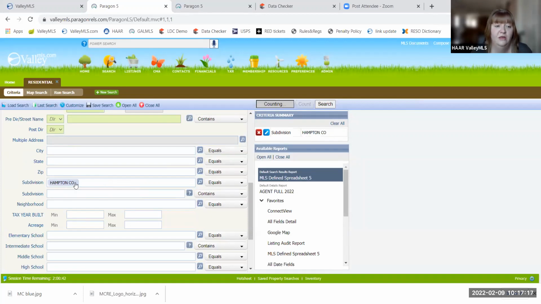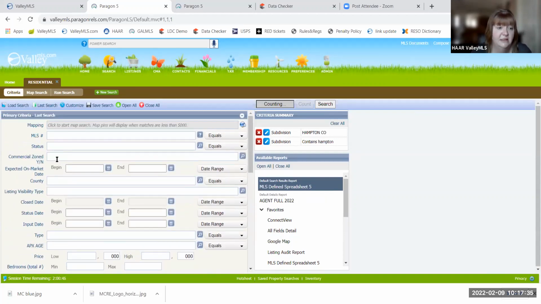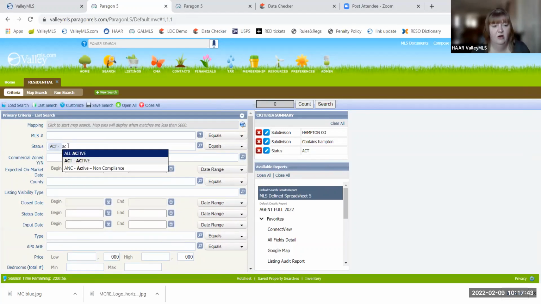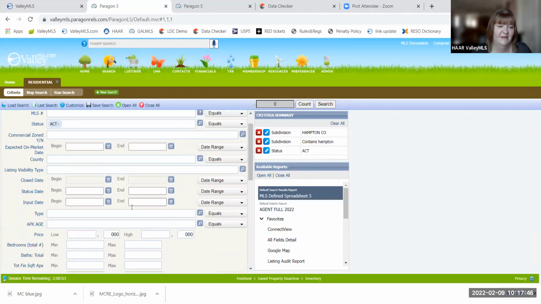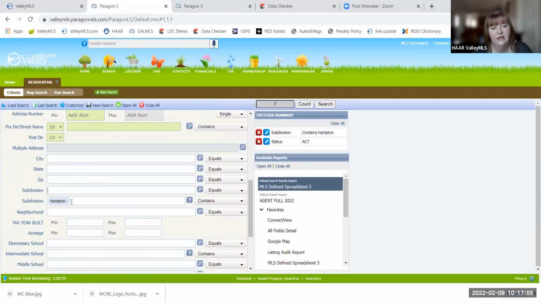Because here, again, we're looking for Hampton Court specifically, spelled out. Down here, I don't know how you have it. I'm going to look for anything that has Hampton in it. This is going to be a big one because there's a lot of Hamptons. But I also didn't put a status in. I'm going to put in active to help limit our search results here. By the way, always choose active and not all active, even though it wants to give that to you. All active tends to throw your search off, especially if you're going to be sharing the results. So in this case, I'm going to be looking for anything that contains Hampton. If I take out the other one, I have active listings that contain Hampton, and I get 7.